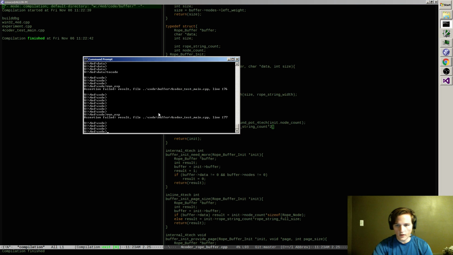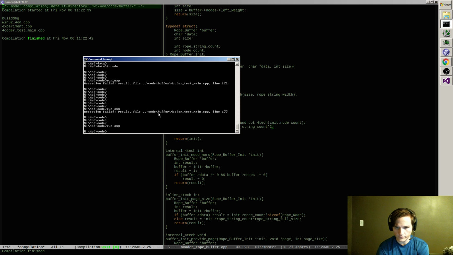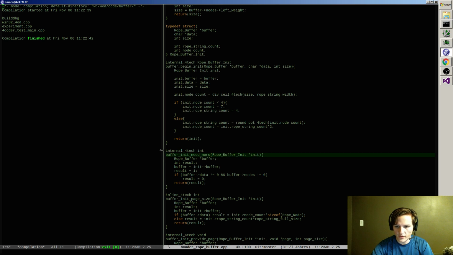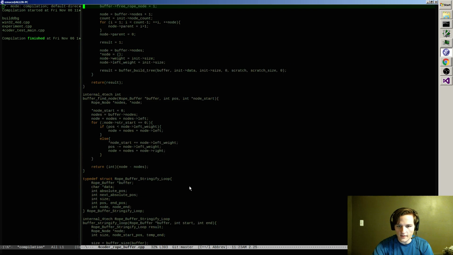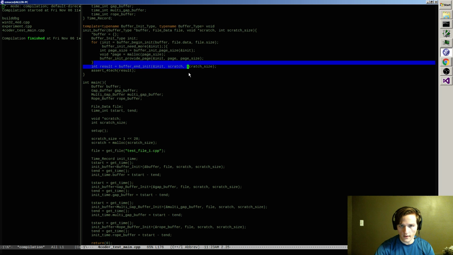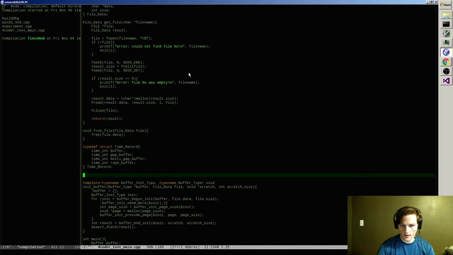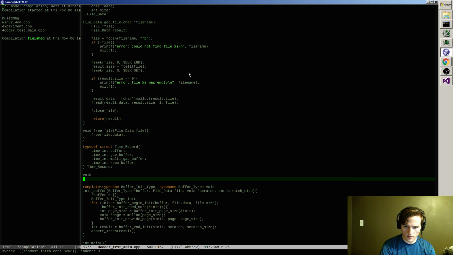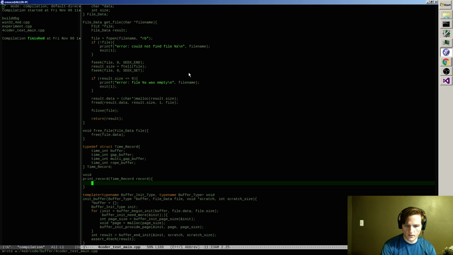We should be able to run it from here. Of course, I'm not actually printing anything out. So the thing I need to do now is, in here, I want a concept of print record, which takes in a time record, and it'll print them out.